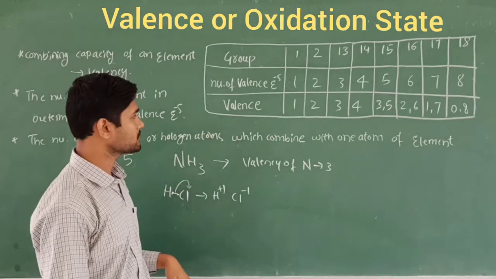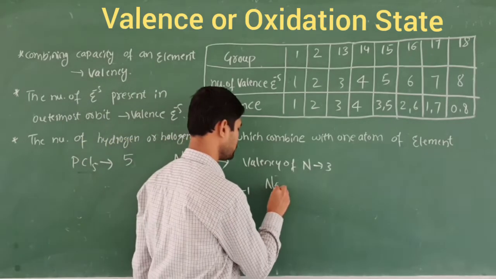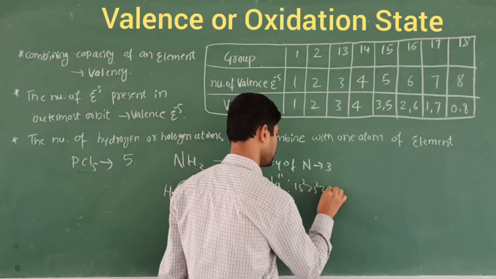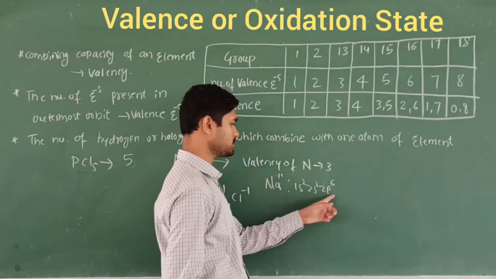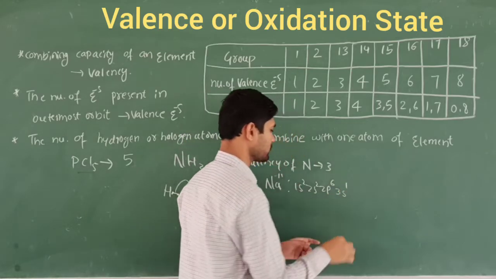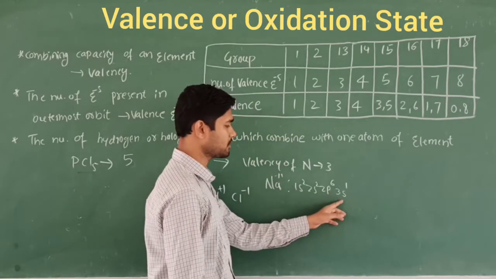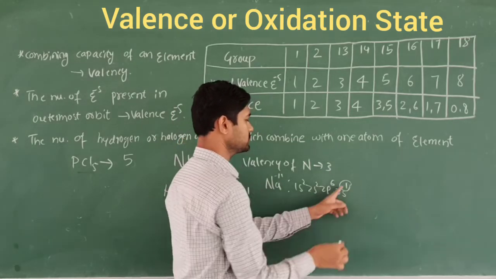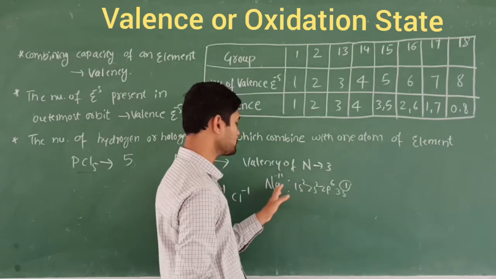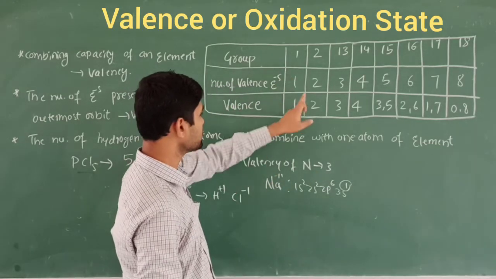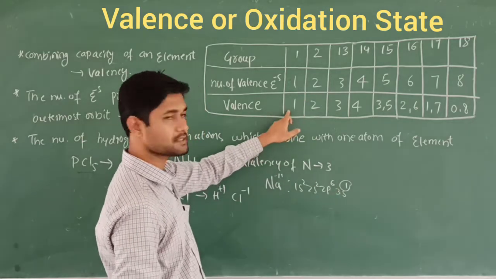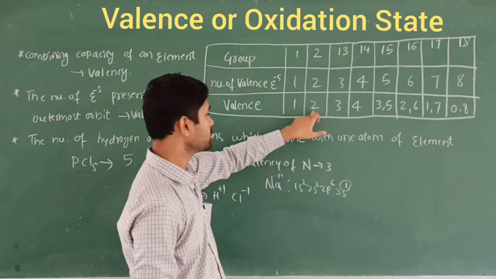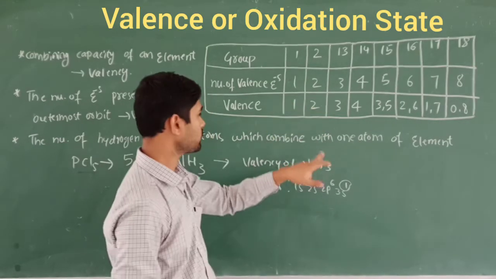You can take an example, sodium. Sodium has atomic number 11, so I write 1s2, 2s2, 2p6, which is 10 electrons. Now the last one is 3s1. This is the outermost electron because of the new principal shell. It loses one electron and becomes Na+. So group 1 elements can lose only 1 electron and their valency is 1. Group 2 elements, like magnesium and calcium, are ready to lose 2 outermost electrons. Now the valency becomes 2.